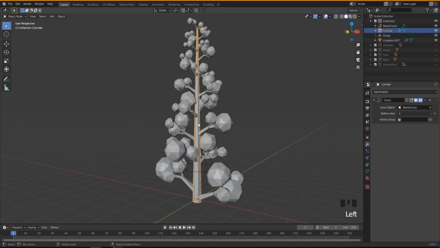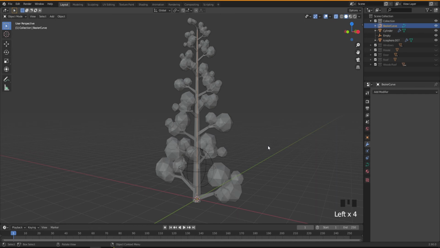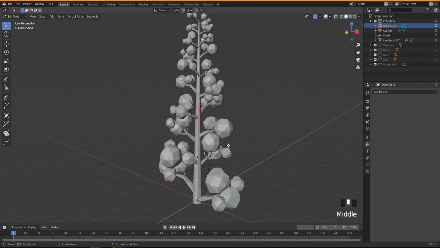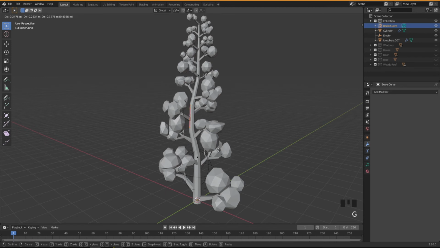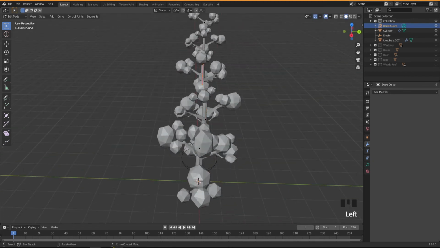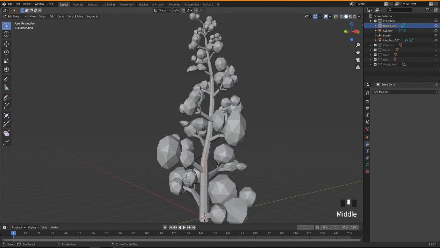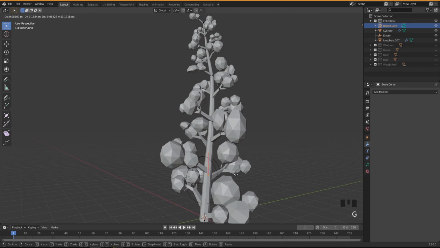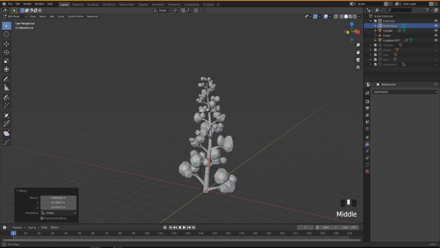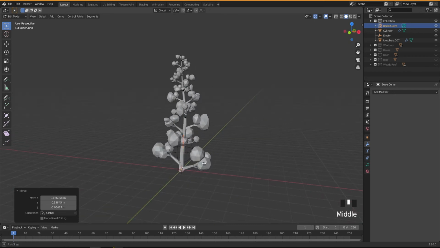So now if I select our curve like this, go into edit mode by pressing tab, and select this point, and then press G for moving, you see what it's doing. So now you have full control over your chi to make it different. It's really helpful. Maybe the first one is going to take a bit of your time, but when you've done one, it becomes really easy to make your chis different from each other.